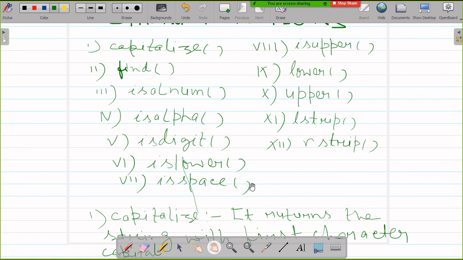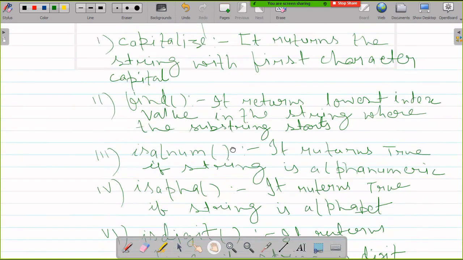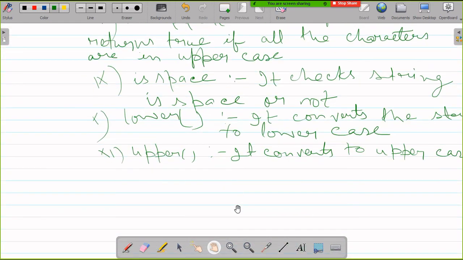If there is any space in the string from the right side, then it will remove it. So I am writing first the definition and we'll check that in the program.